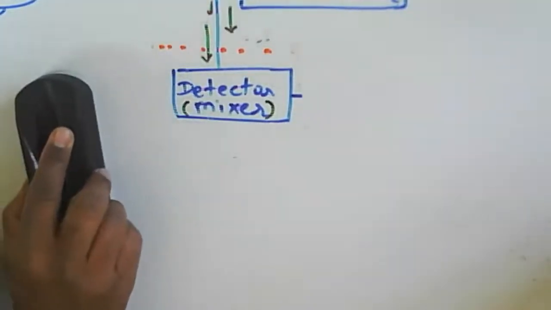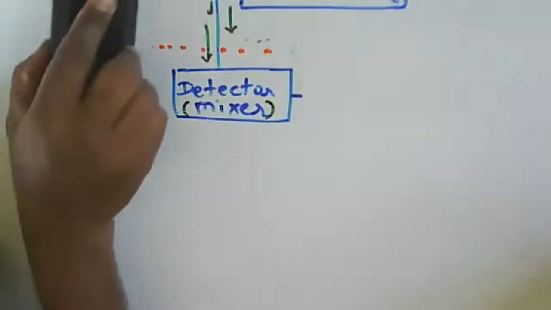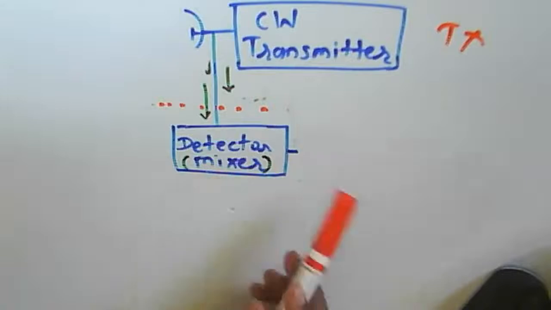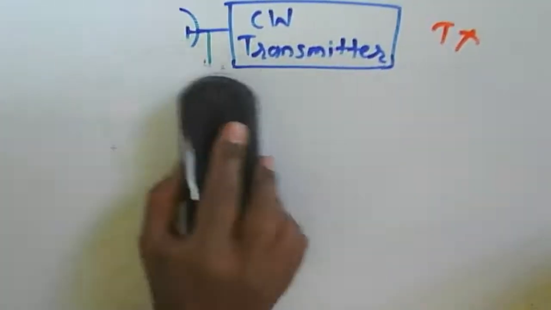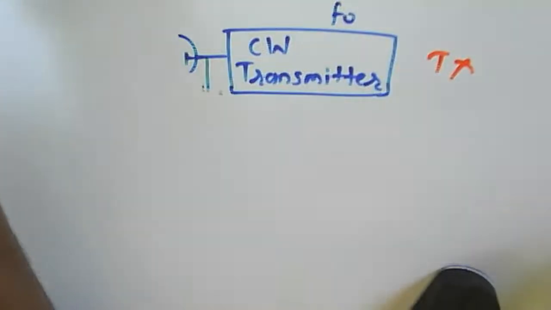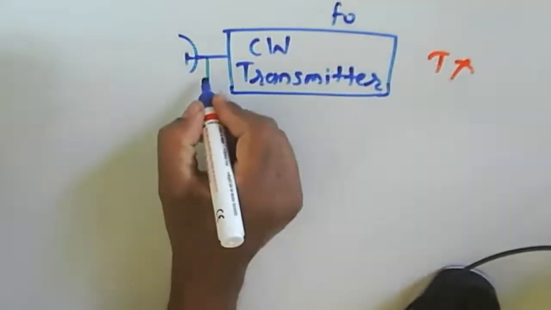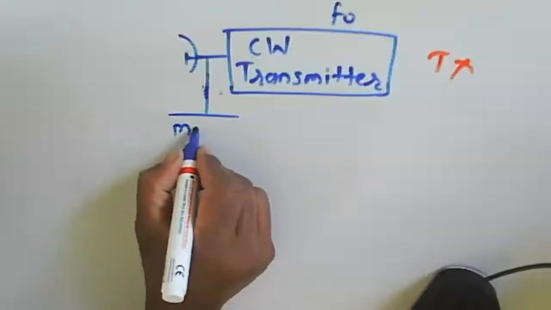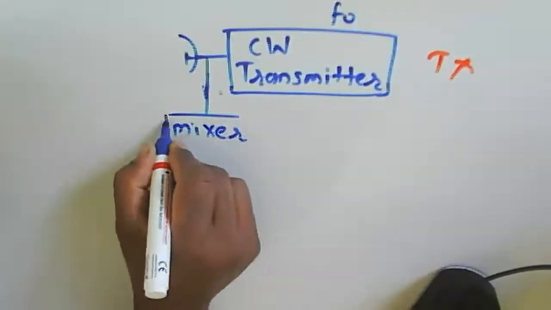We use a separate antenna for this and a separate IF for this. Then we have the transmitter, then we have the detector here, then we have the mixer here,